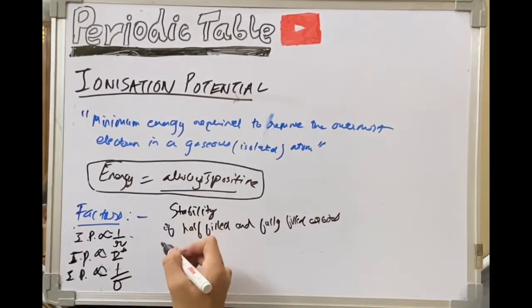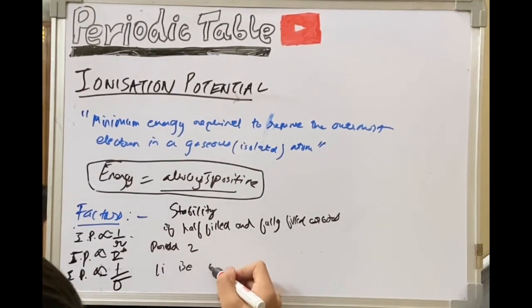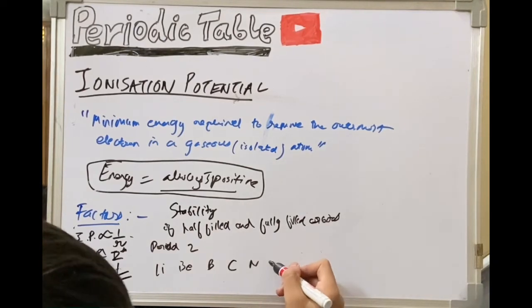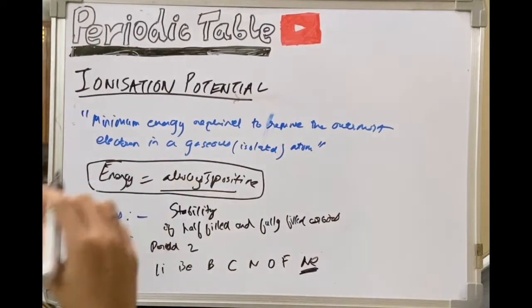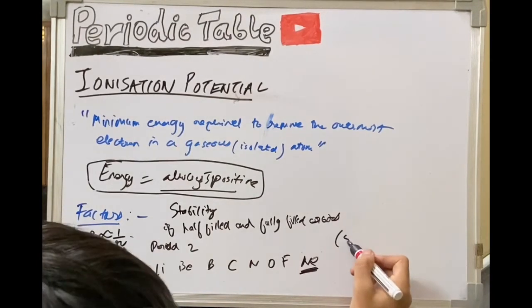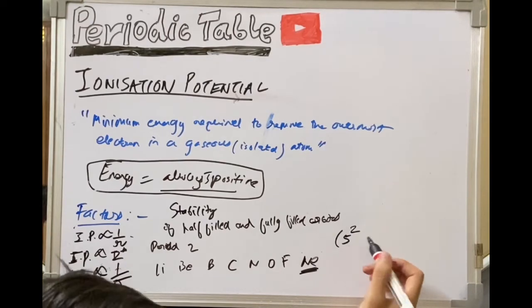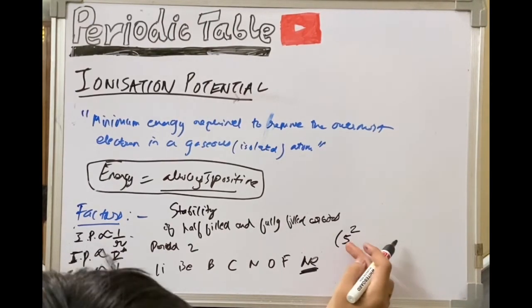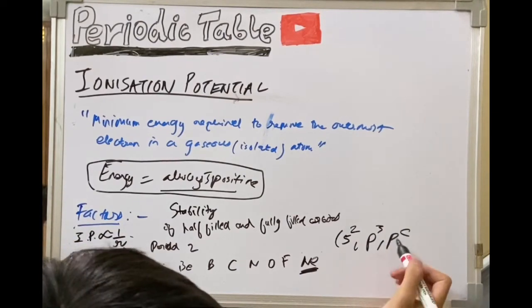So let's take the example of period 2. In period 2, we have lithium, beryllium, boron, carbon, nitrogen, oxygen, fluorine, neon. Now neon has a stable electronic configuration, but now we are referring to half-filled and fully filled orbitals. So here we can say that the elements having s2 in the outermost shell, that is the outermost configuration, p3, p6, this is half-filled.